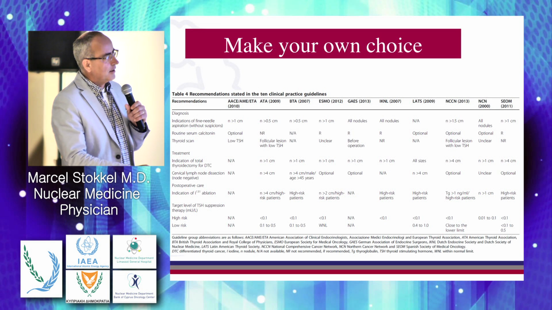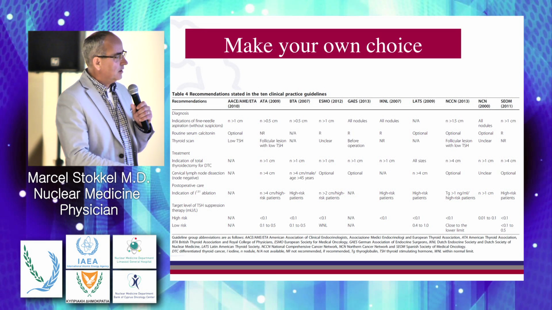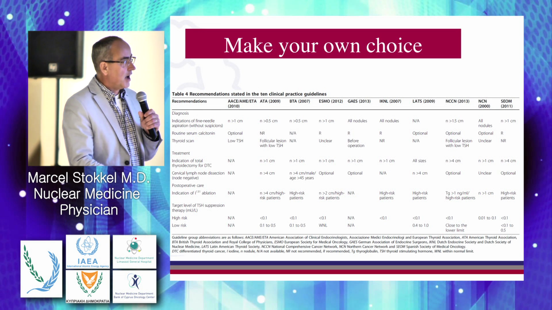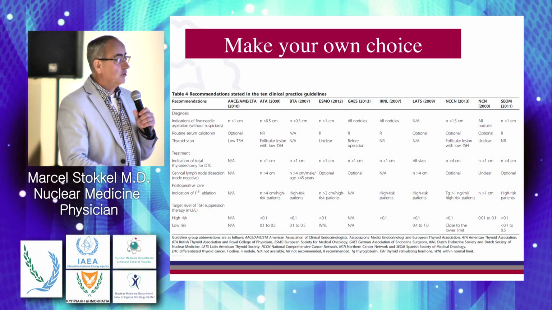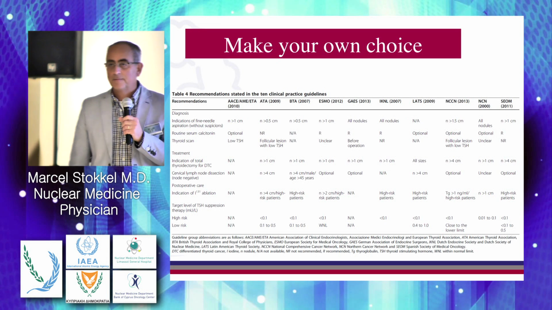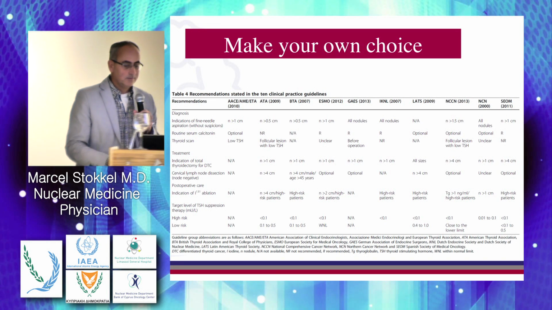This is the Dutch guideline. And you see, here it starts with the treatment, indication for thyroidectomy, post-operative care, the indication of iodine 131 ablation. You see the differences: high-risk patients, a tumor more than 2 centimeter in diameter, 4 centimeter, etc. It's confusing. It's all confusing what's happening worldwide. But that is